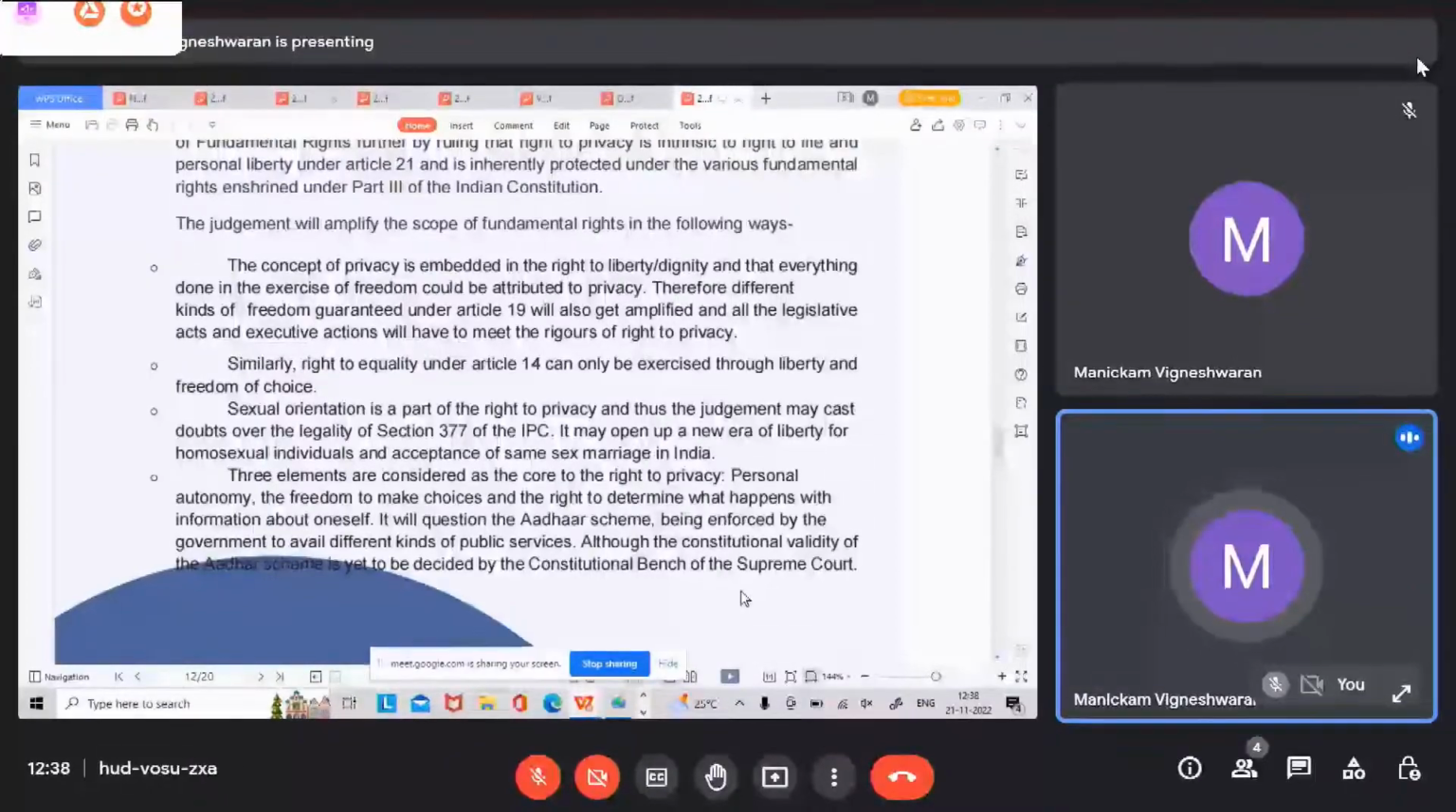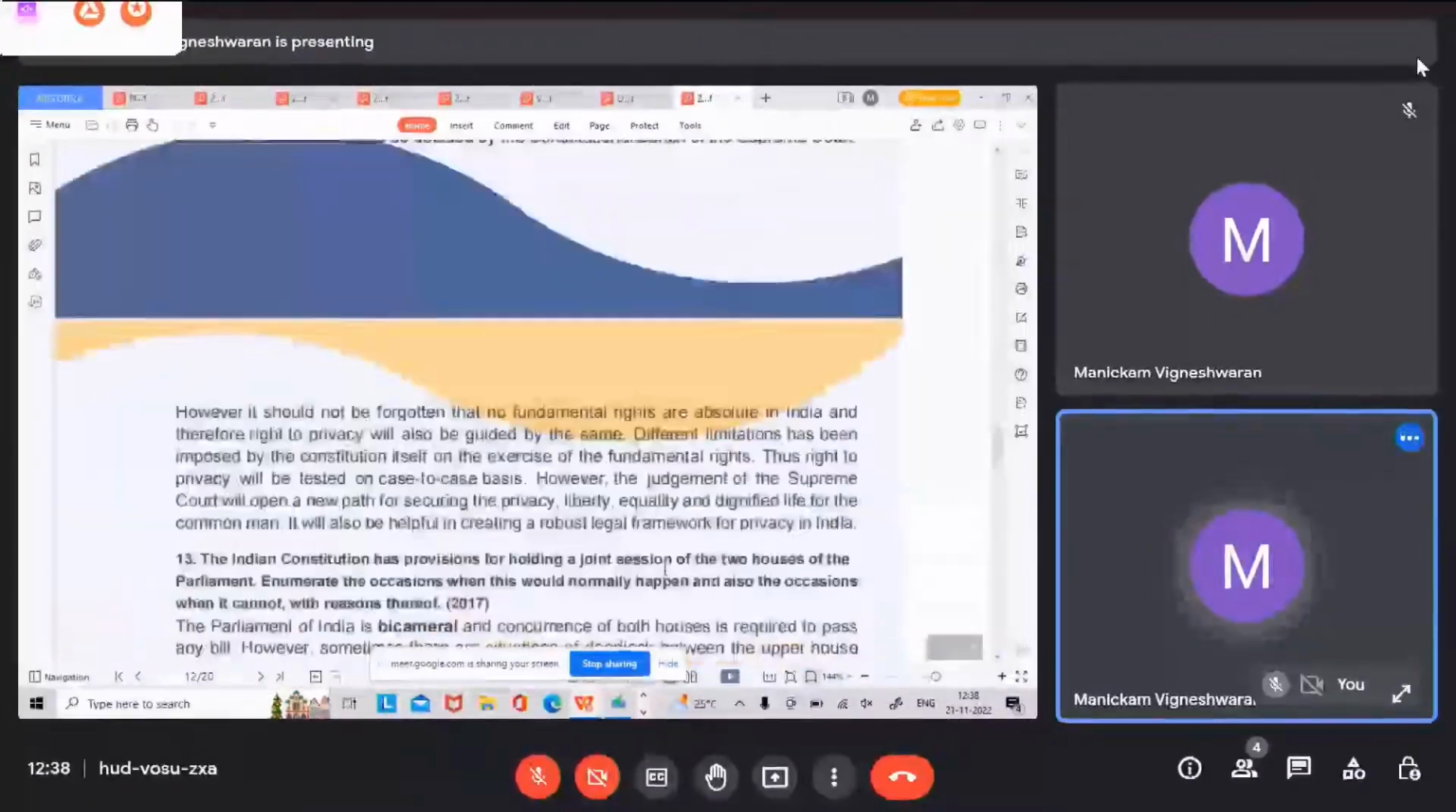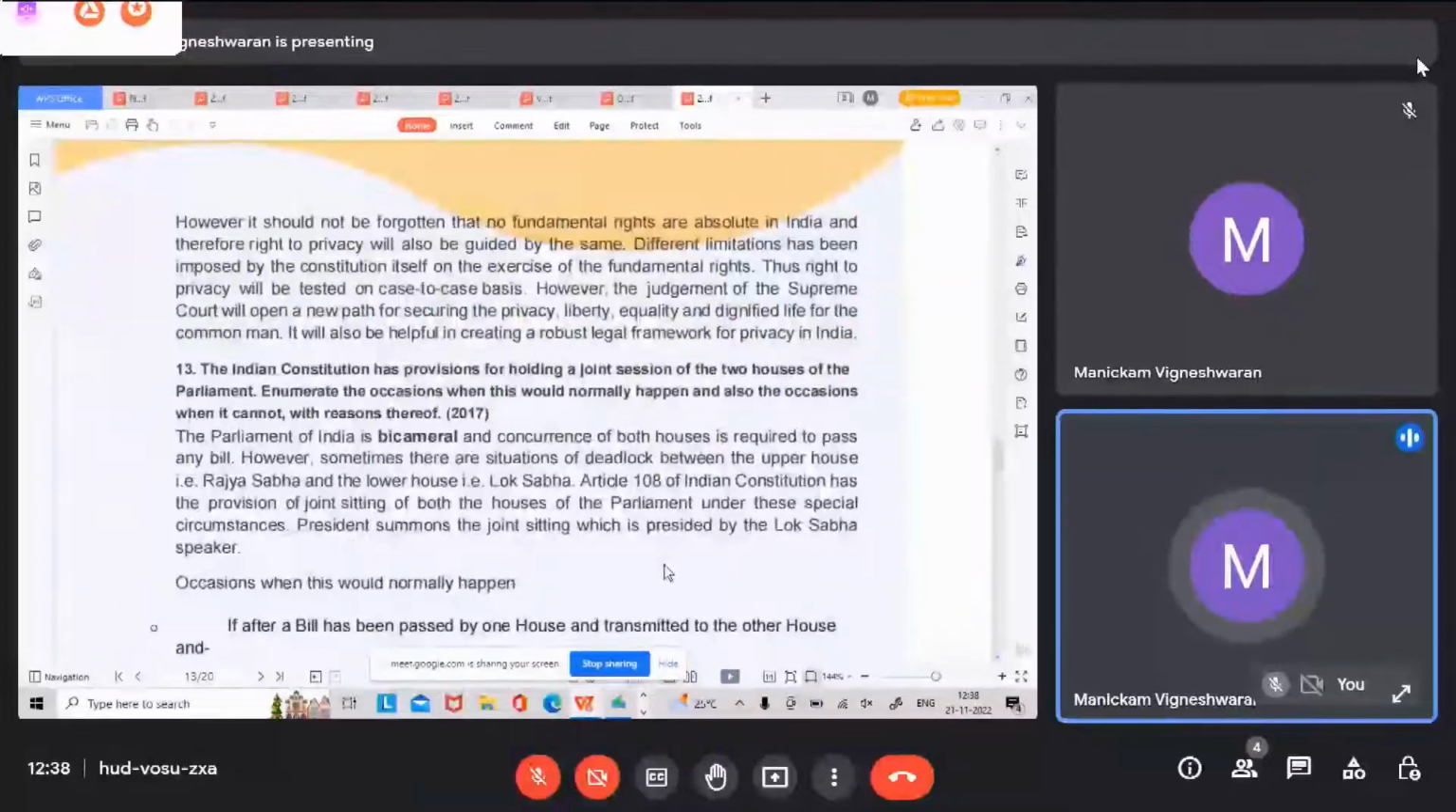Sexual orientation is part of the right to privacy, and thus the freedom to make choices and the right to determine what happens with the information about oneself. It will question the Aadhaar scheme being enforced by the government to avail different kinds of public services, although the constitutional validity of the Aadhaar scheme is yet to be decided by the constitutional bench of the Supreme Court. However, it should not be forgotten that